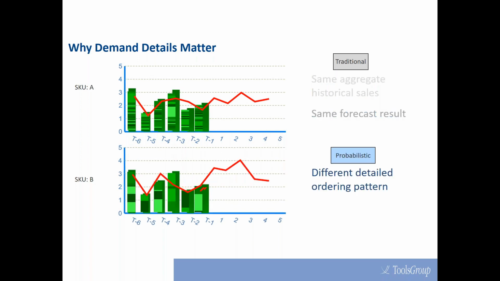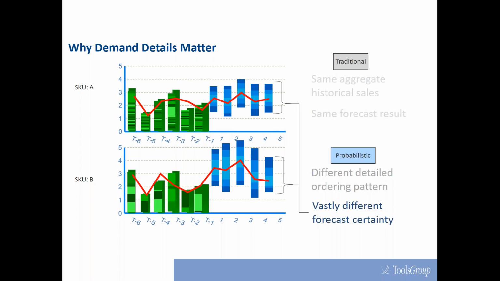If we build the next slide, the order patterns for these two items are vastly different. SKU A is ordered more frequently with less quantity, while SKU B is ordered less frequently with more quantity. So they have different details about how that demand actually happens, which changes the forecast in a probabilistic model to start with. And if we build the next slide,